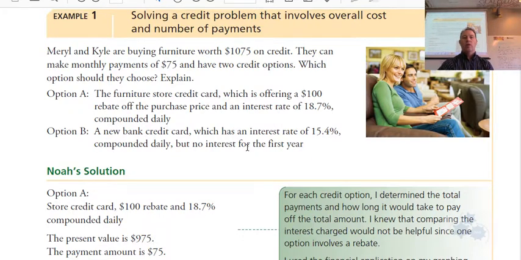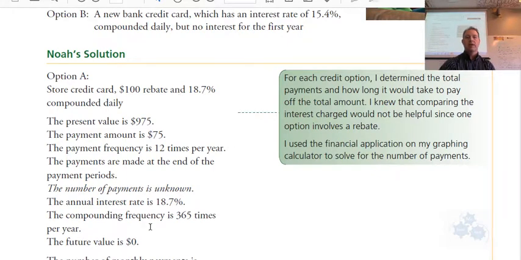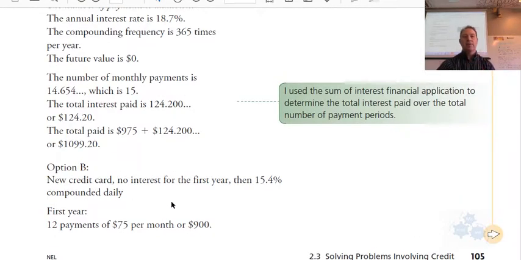All right, so option A is pretty straightforward, right? You get the rebate, you plug everything into the calculator, and you get the number of monthly payments right here. Option B, the new credit card. If there's no interest payments the first year, you really don't even need to use the calculator. You have 12 payments of $75, and that just comes straight off the total. Whatever is left